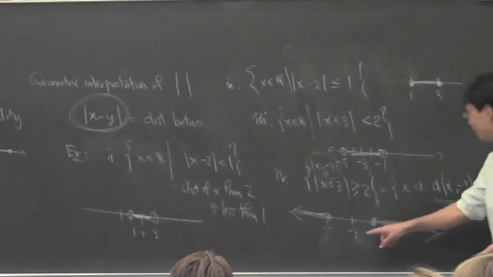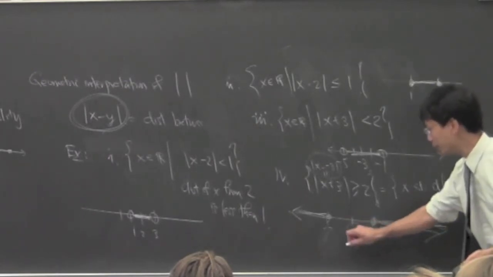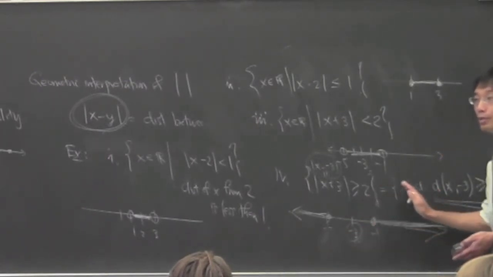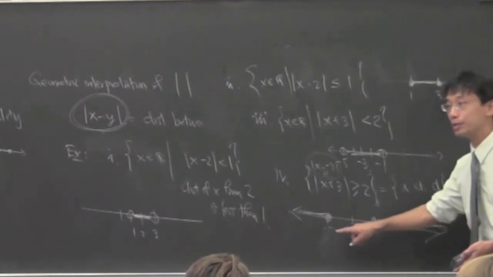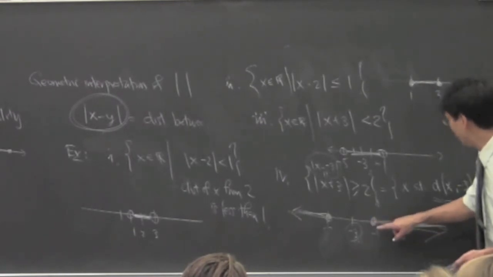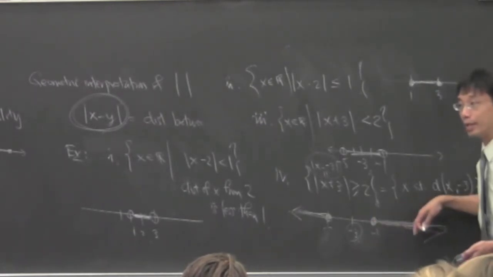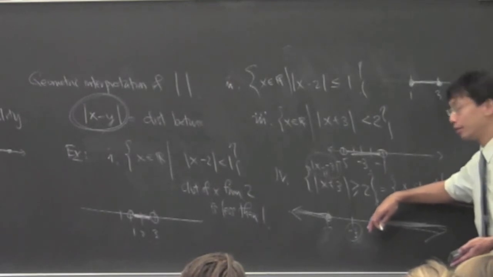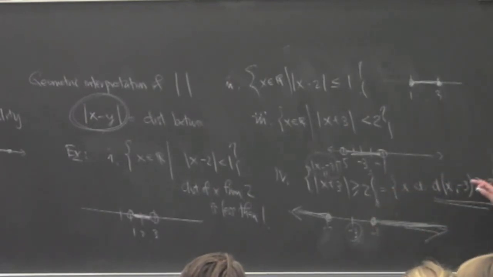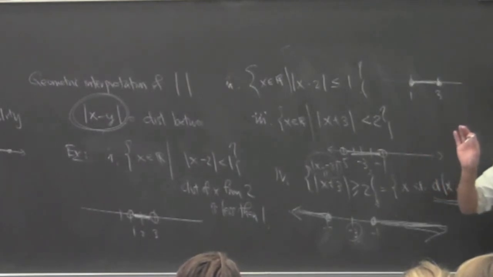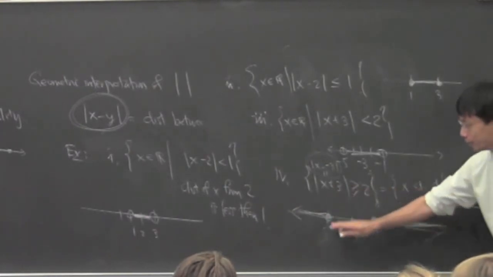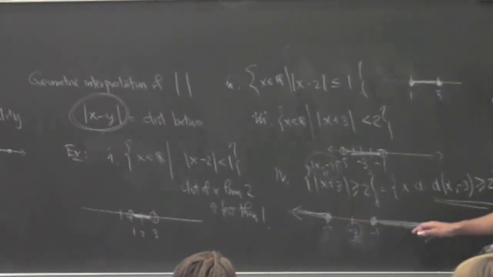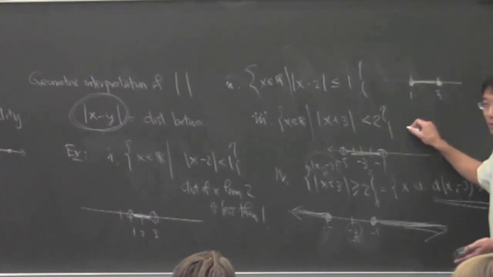And then you think about that, like the distance to minus 3 has to be bigger than or equal to 2. Well, here is where it's equal to 2, right? Here's where the distance is equal to 2, and the distance has to be bigger than that or equal to that, so we have to be farther. It's like everybody has to stay 2 feet away from you. There's going to be like this boundary, this barrier around minus 3. If this were in the plane, for example,